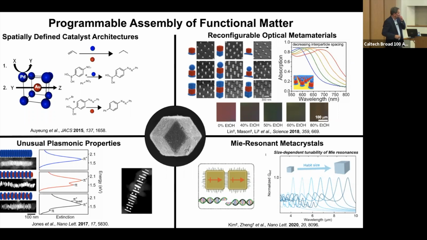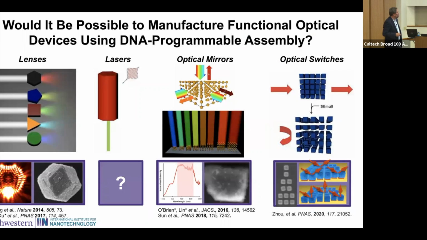And even examples of Mie-resonant metacrystals have been made. And so, how far can we go with this? We don't know. We know we can make lenses. These types of architectures have interesting lensing type properties. We've made optical mirrors where we can build structures that George Schatz has simulated, and we've actually made, that are wavelength dependent reflectors. And we think we're going to be able to make things like lasers as well using this particular approach. But one of the reasons I like coming to Caltech, and especially in a more physics oriented type of place,